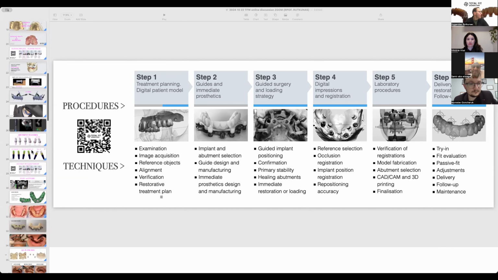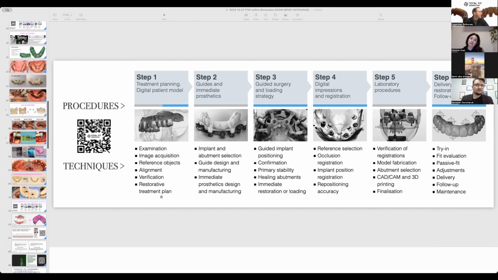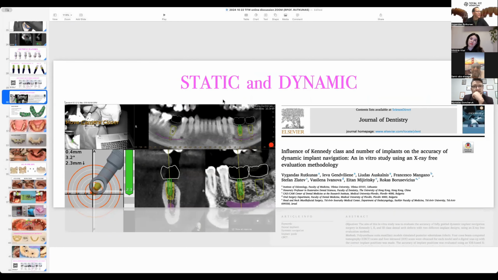In this regard, I can comment a little bit on types of navigation. Maybe I have a slide here, because as you know, we have static and dynamic navigation. Dynamic navigation offers you a little bit more flexibility. If you plan your implant position and you observe that something has to be modified, without any problem, chairside, you can modify the treatment plan and change the implant position.